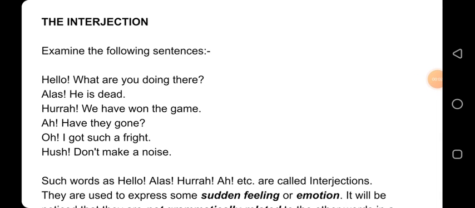Assalamu alaikum students. It's our last part of speech, that is interjection, and we have discussed the rest of the parts